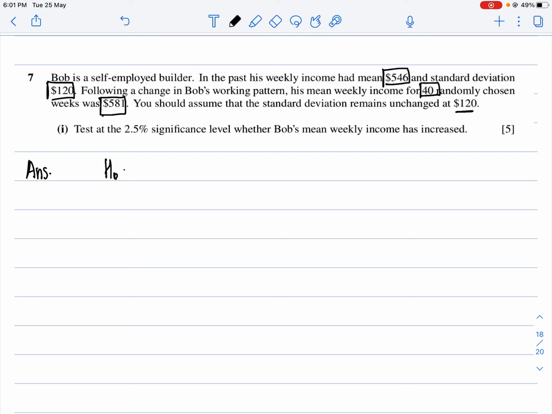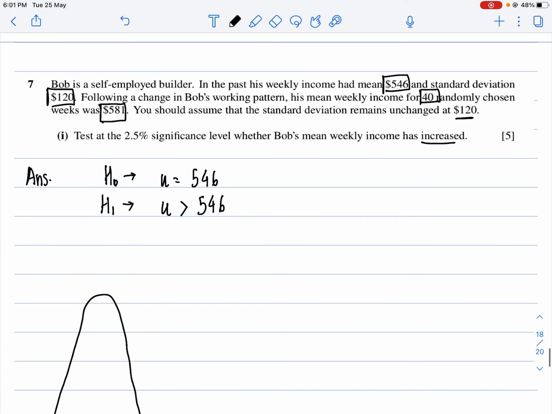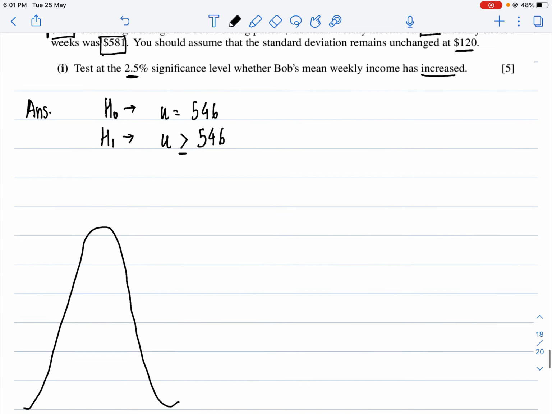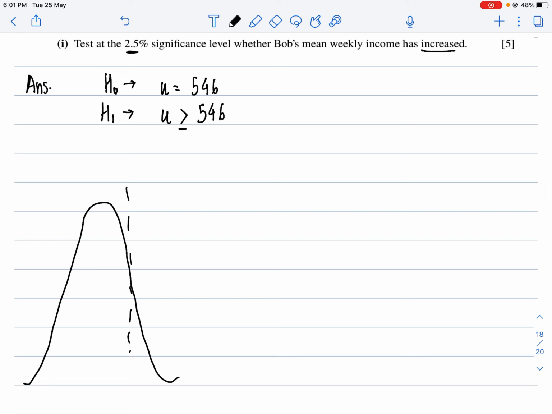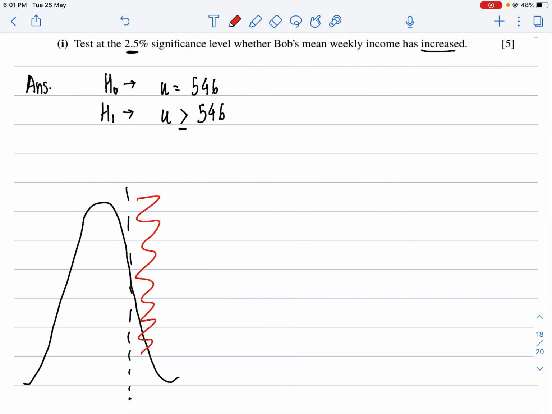So I can state my null hypothesis, which is my initial claim, that his mean is equal to 546. Now the rival claim, which says the income has increased, is that the mean is more than 546. Now what I do is I make a simple normal distribution curve. Agreed? My significance level is 2.5%. Because we need more than, this lies above the mean, somewhere here, correct? And 2.5% is the part shaded in red. So 2.5% is basically